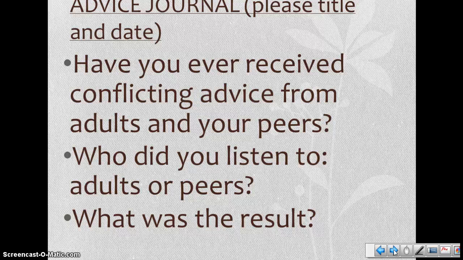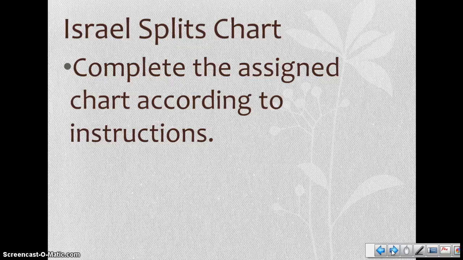Welcome back. Now that you've completed your journal, we're going to take a look at the chart on your incomplete outline. If your last name starts with A through J, you're going to read 1 Kings chapter 12, verses 12 to 33, and fill in the chart for the north. If your last name begins with K through Z, you're going to read that same section but fill in the